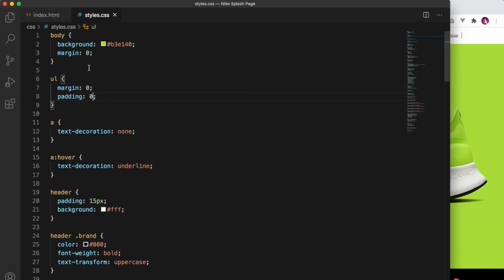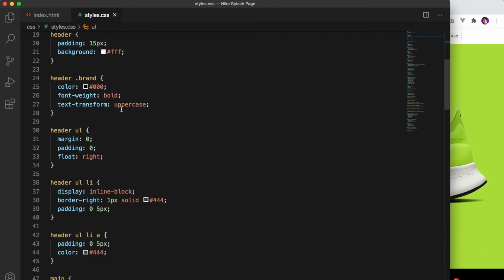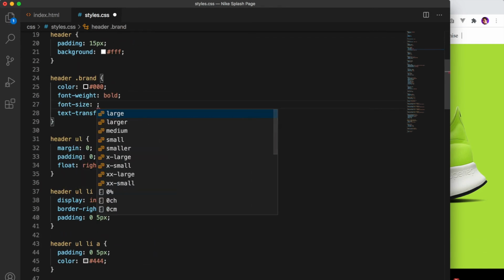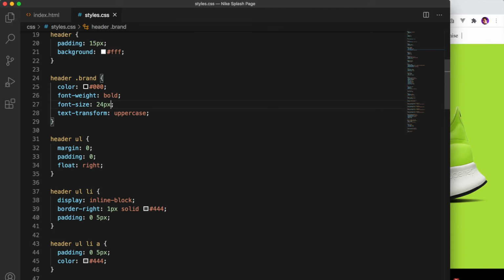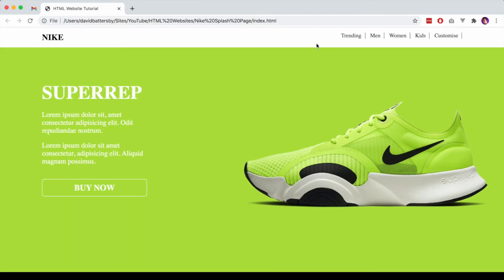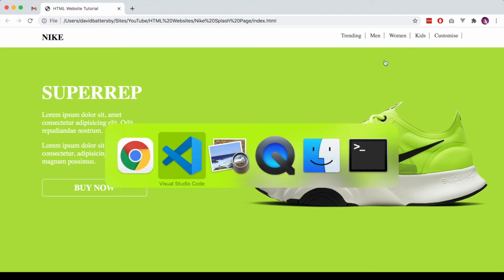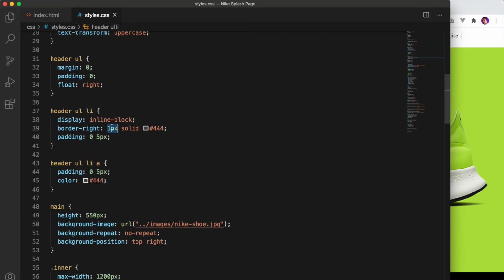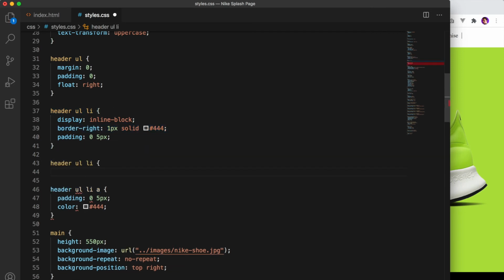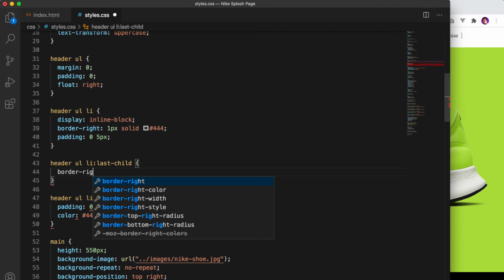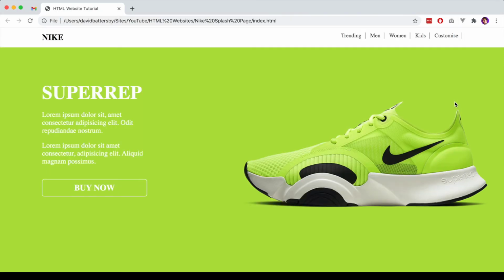We can increase the text size of our brand, the top left. So I'm going to give this a font size, 24 pixels. Okay, it's a bit better looking. And one thing to note over here on the right side is there is this border on the right, and that works nicely between the list items, but the very last one on the navigation list, it looks a little bit strange. So let's add a condition for that. Let's say the last child, so that's the last element in this list, the unordered list,